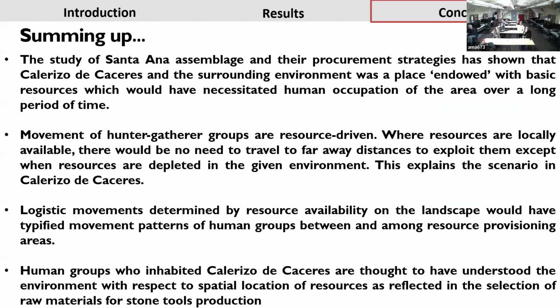So in Clariso de Cáceres, we have 3 cave sites. I looked at Santa Ana cave site. We have Matraverso and we have the Herconia cave. These different caves have different chronologies. But it has been found that within Clariso de Cáceres, Santa Ana cave is the oldest cave. And according to the material that we dated, it was about 123,000 years ago. But there's no break in the occupation of Santa Ana cave.